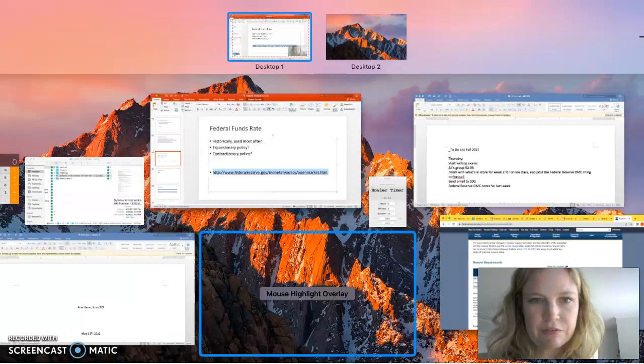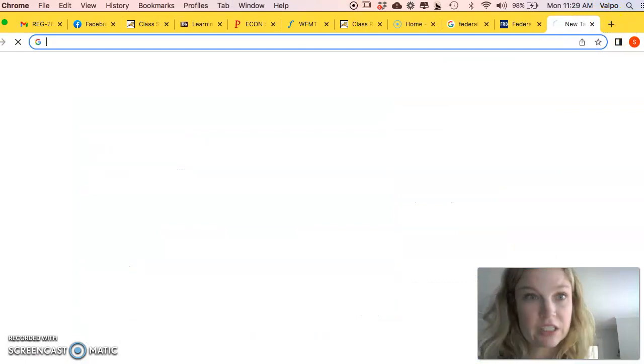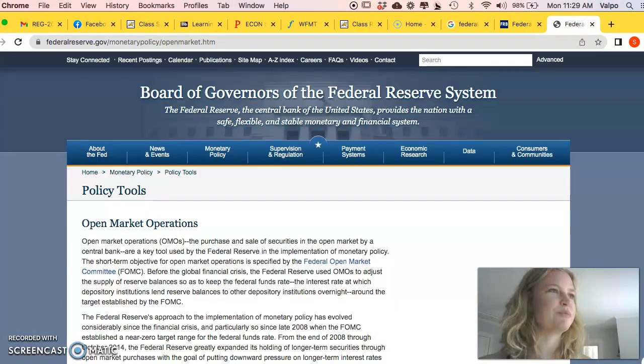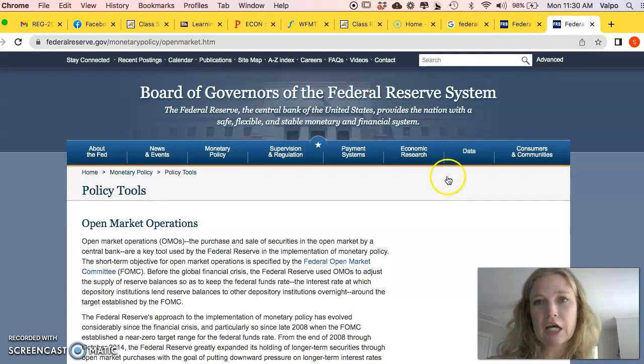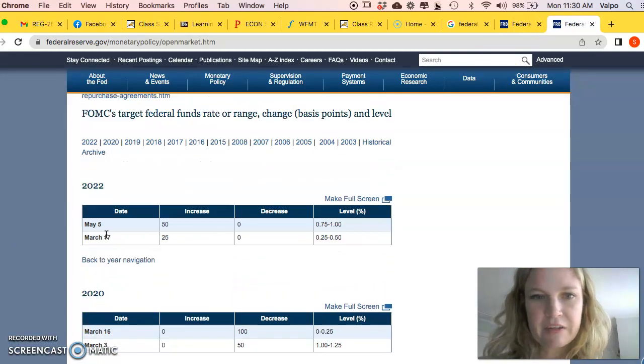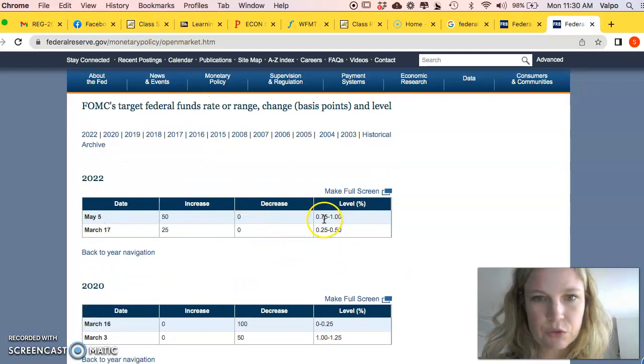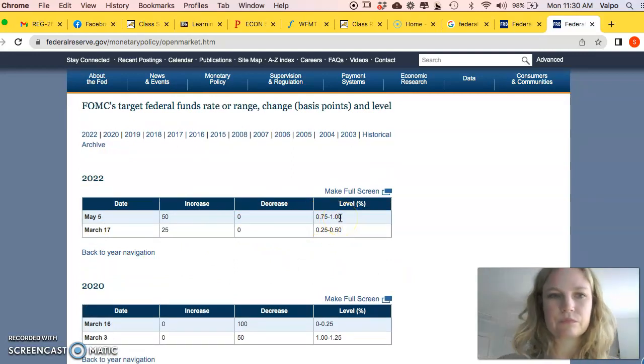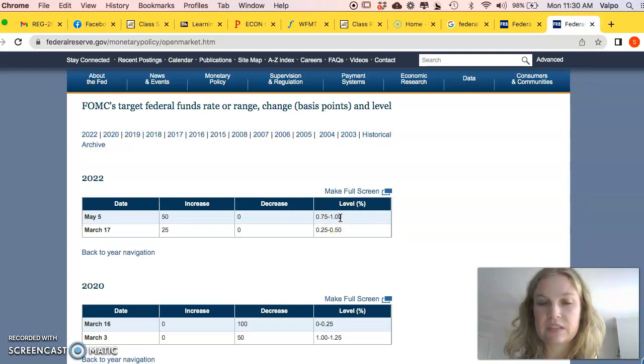And what happened when the Fed raised that rate is the markets freaked out, which is very annoying to me, right? Because the Fed's been saying, hey, we're going to raise rates 7 times this year. And when it does, the markets are like, oh my God, no. So the Fed has set a range between 0.75 and 1. Prior to last week, it was a range between 0.25 and 0.5. So that was actually a pretty big increase. It was a half-point increase, which is historically very large. And the reason the Fed is doing this is because of inflation.